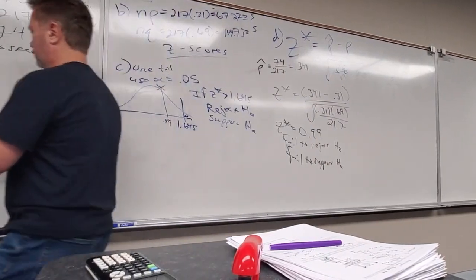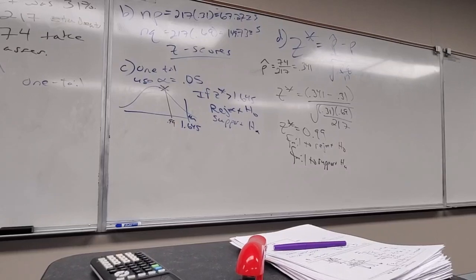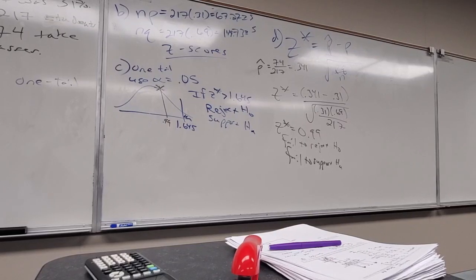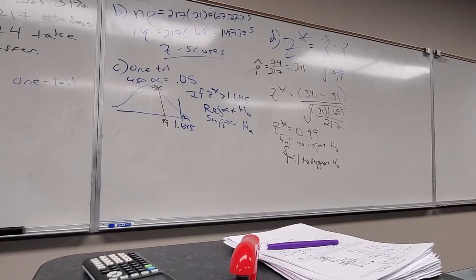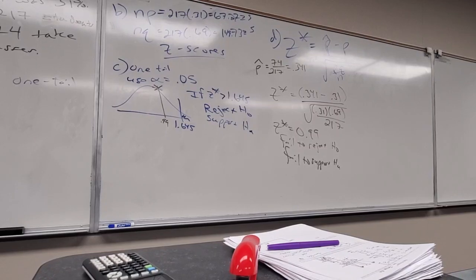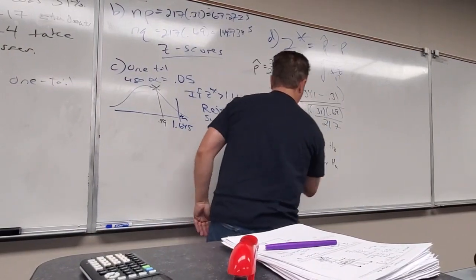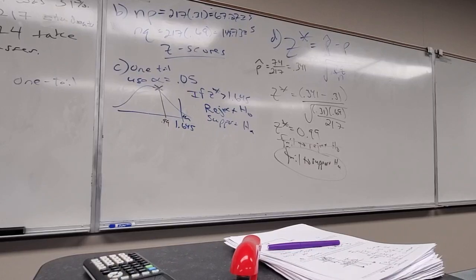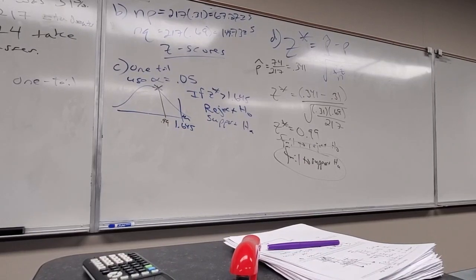Now, just to be nice to the other side of the room, I'm going to put the conclusion here. Which one of those two am I going to build my conclusion off of? What was the claim? Here's the claim. Which one was it? The Ha, correct? There it is, the Ha. So then I want to use this language. Fail becomes we. Did we find evidence? Did we make it? Nope, we failed. So we have not found